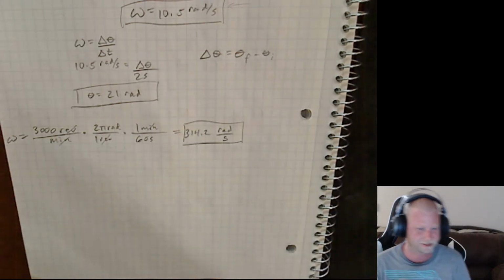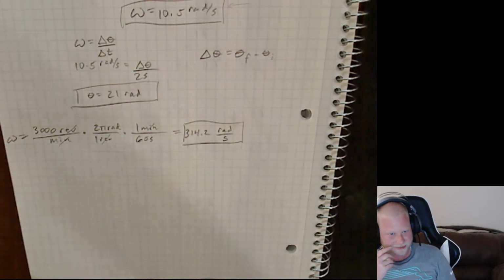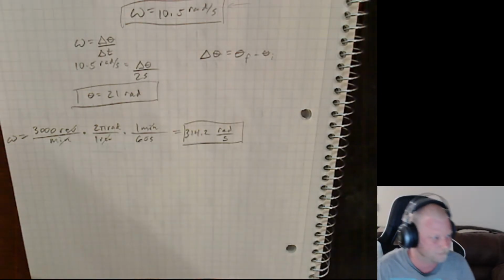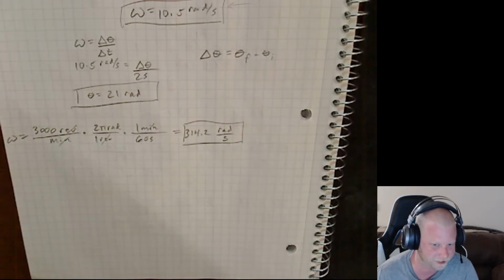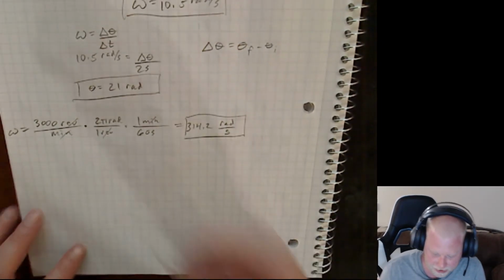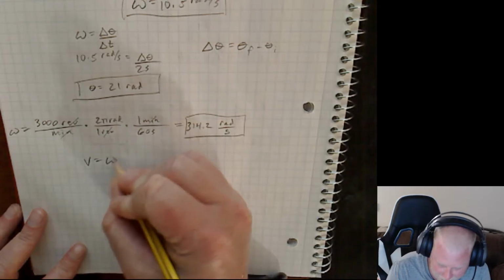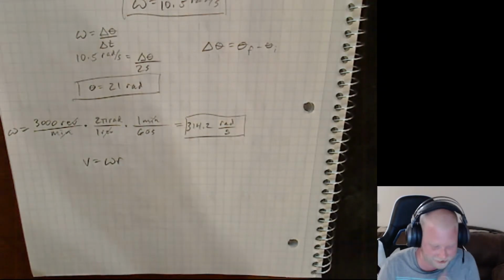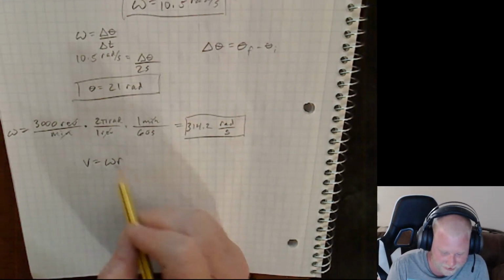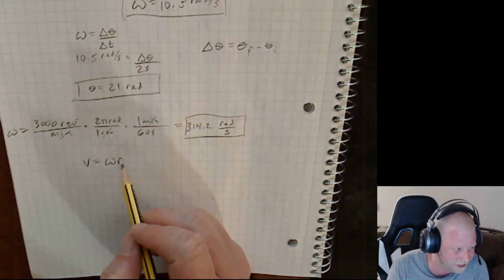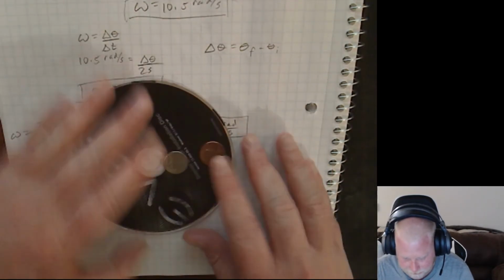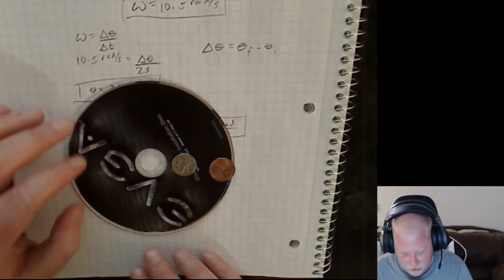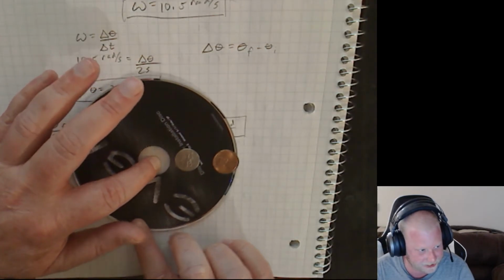Now, keep in mind, just like when we were looking at the arc length traveled by an object being based off of how far it is away from the center of rotation, it's going to be the same thing for the linear speed. So if we're looking at the linear speed of an object on a rotating disk, it's going to depend on the angular velocity and how far away it is from the center of rotation. So if we bring that CD back up, well, if we rotate the CD again 90 degrees,